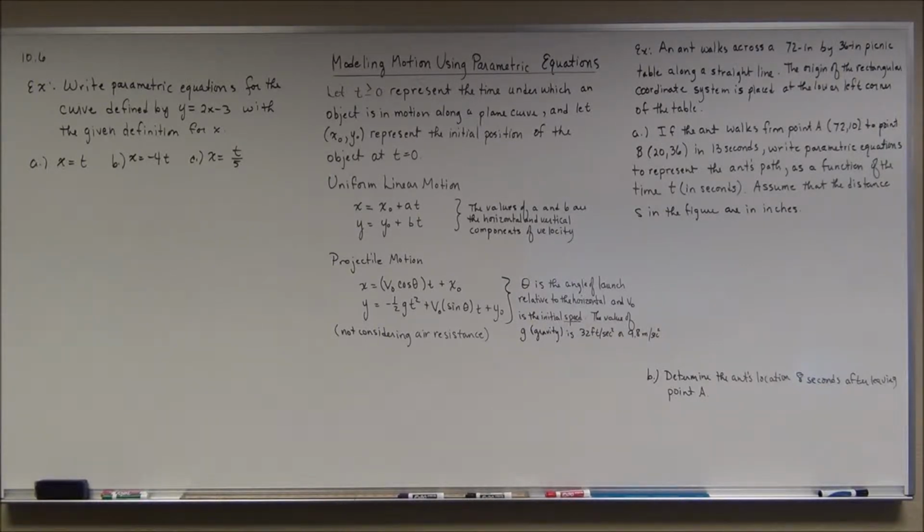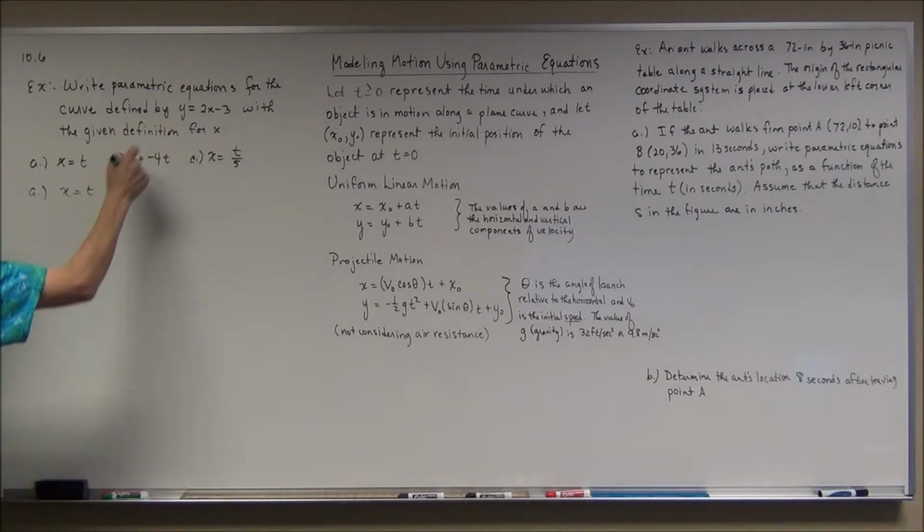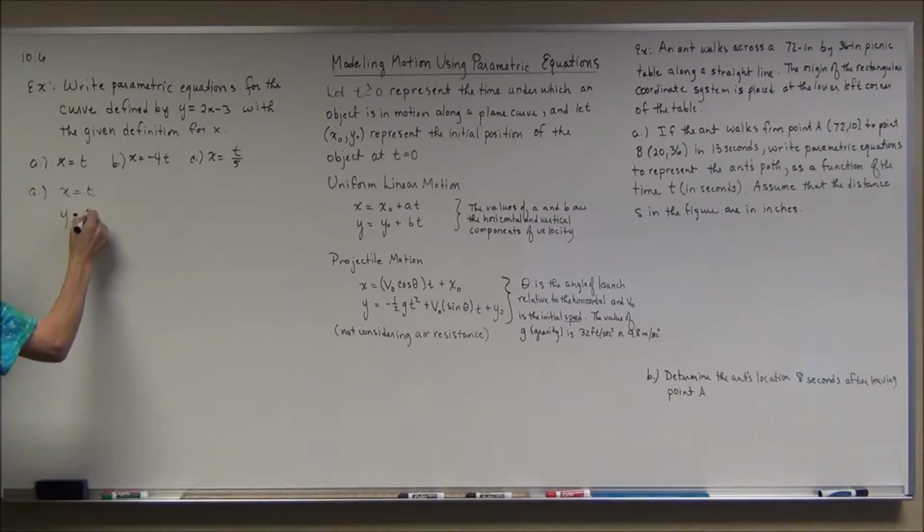Now it's not a unique answer. You can have more than one type of answer. It's kind of how you set up the initial value for x. So in this case it says write parametric equations for the curve defined by the line y equals 2x minus 3 with the given definition for x. The easiest definition when you're setting up parametrics is answer A here, and that is let x equal t. Then we just substitute right into y equals 2 times t minus 3,